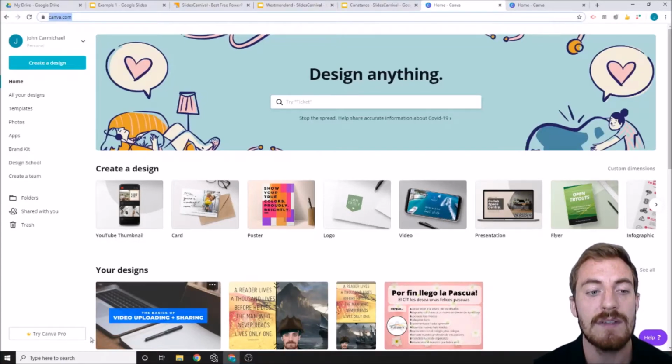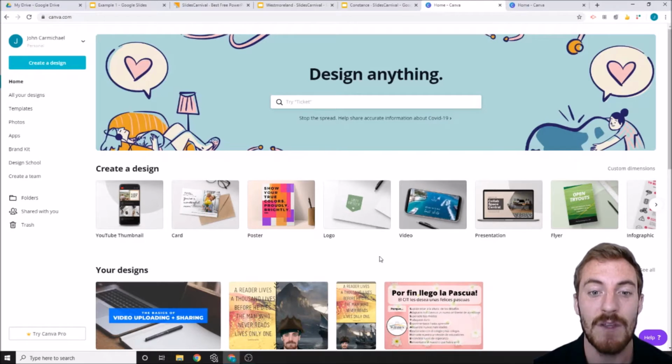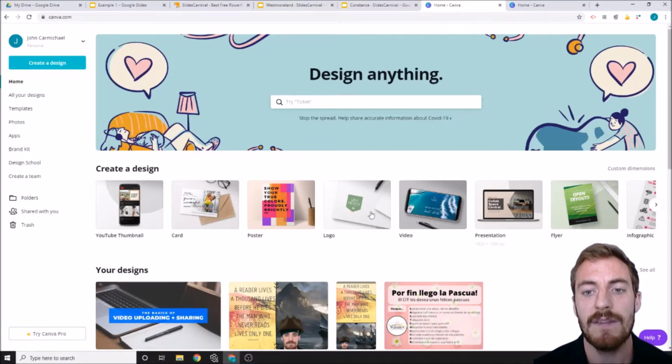Canva.com. You can set up an account for free, and most of the tools in Canva are available for free. You don't need to pay for anything, and it's an amazing graphic design program. So what's really nice about this is that if we're still talking about presentations, you'll notice that on the home